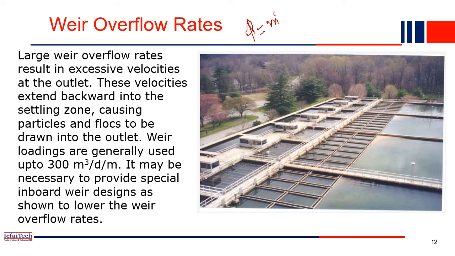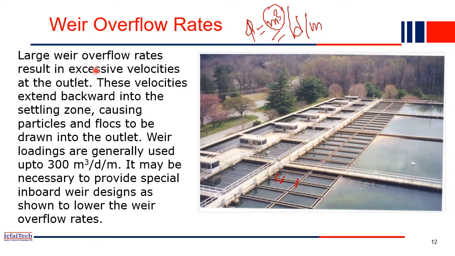So that will be in meter cube, meaning how much water is deposited in each drain per day per meter length. So in 1 meter length of the weir, how much water is deposited, that we find out as the weir overflow rate. We denote this as q, in meter cube, meaning how much water is deposited per day in 1 meter length. So that we call the weir overflow rate.